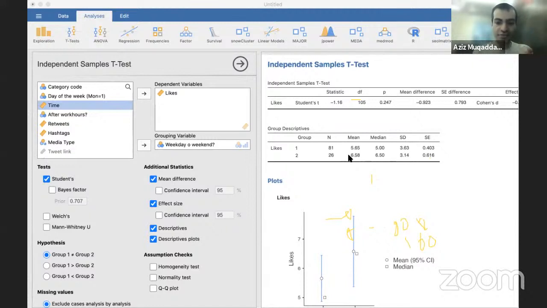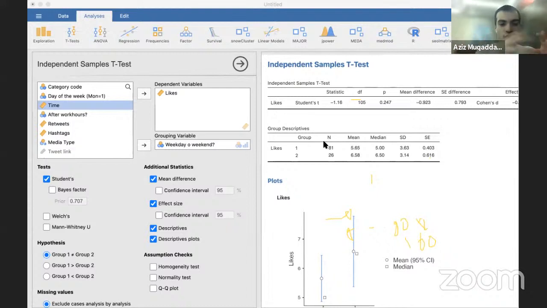So yes, this one got a higher average score, but that's just random. Because based on the distribution, group 1 could end up with this mean score or even higher or lower, right? So, because we're looking at tweets, it could be that a few tweets could have changed the outcome